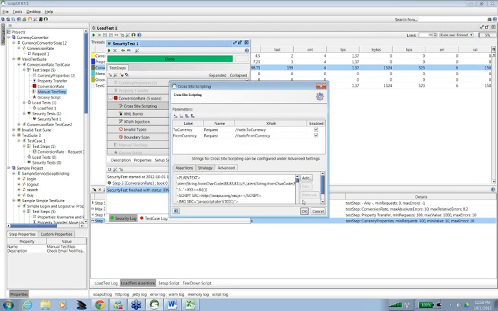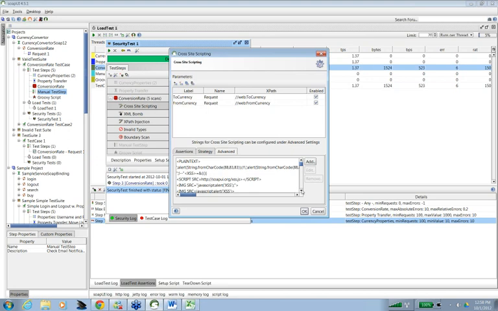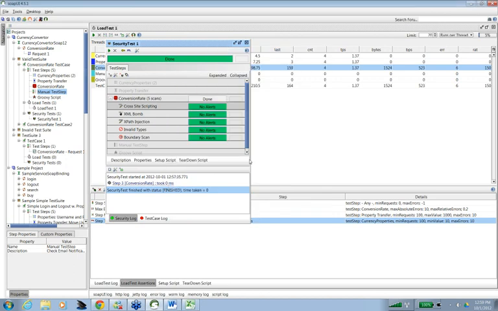In cross-site scripting also. So cross-site scripting, what does it mean? It injects the script tag, so it injects JavaScript into your HTTP request, right? You see here all the JavaScript alerts and all these things which it is using. You can add your own. So these are the various types of scans you can do. So you can easily do security scanning on your web service using SoapUI.